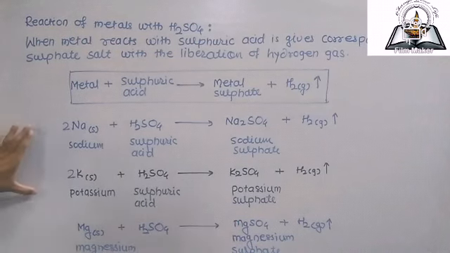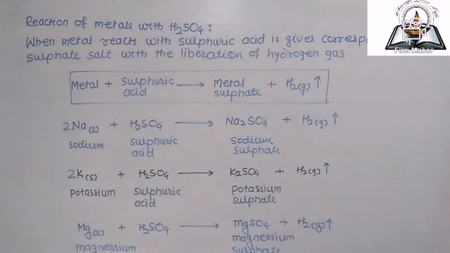So this is the chemical reactions of sodium, potassium and magnesium. Along with that, we have to see the next one, reactions of medium reactive elements. These are the high reactive elements along with some, for example calcium, aluminium, zinc, iron, copper, etc. So we can see these reactions one by one.